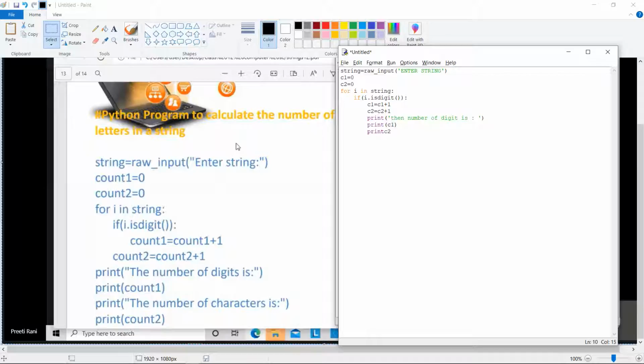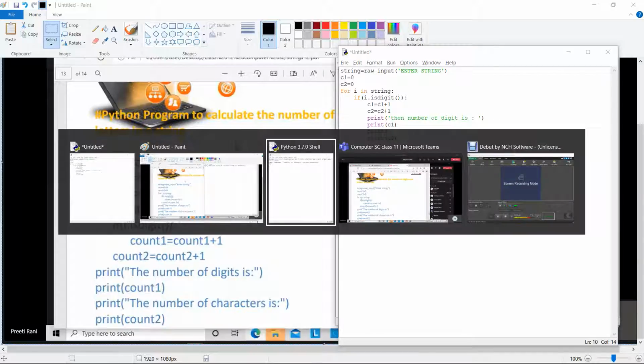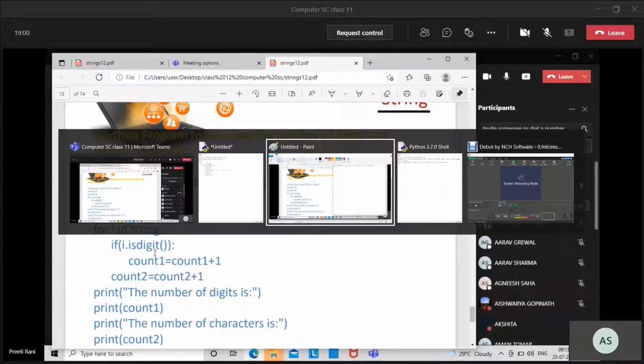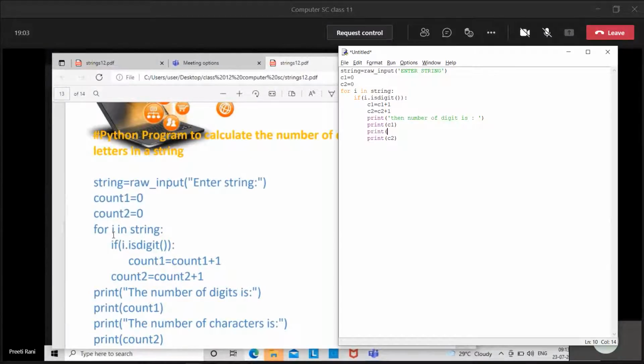Excuse me, ma'am. Count one, number of digits कैसे गिन रहे हैं मतलब? बेटा नंबर ऑफ डिजिट्स ऐसे गिन रहा है ना कि i dot is digit, if it is equals to is digit, right? जो भी आपके स्ट्रिंग में है जीरोथ प्लेस में जो भी है, if this is digit then counting that कि count equals to count 1 plus 1, it means 0 में उसने 1 ऐड कर दिया है.